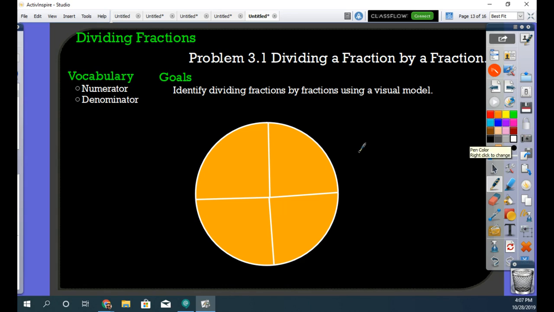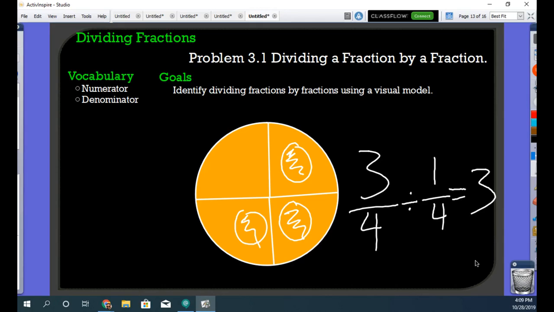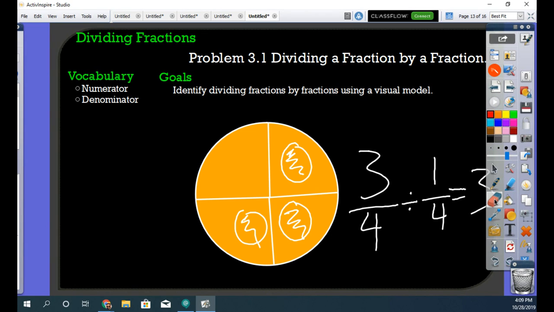If I had 3/4, this one, and this one, and needed to divide it by 1/4, it becomes pretty apparent that if we take 3/4 and divide it by 1/4, I can divide 3/4 into 3 equal 1/4 pieces. And if we're doing a model this way and everything's in the common denominator, dividing fractions doesn't really seem that complicated. However, once we start getting away from having fractions